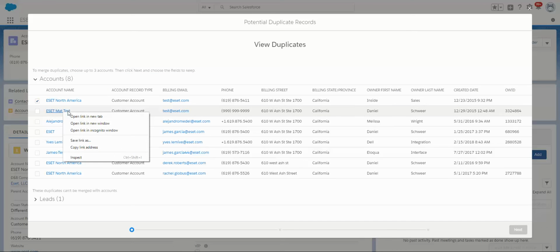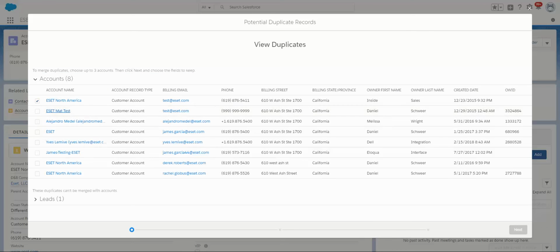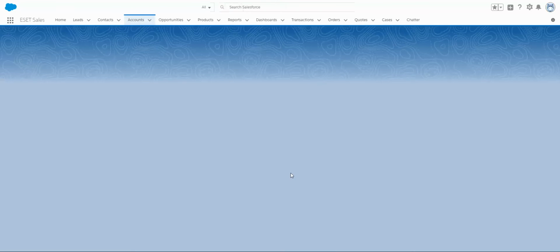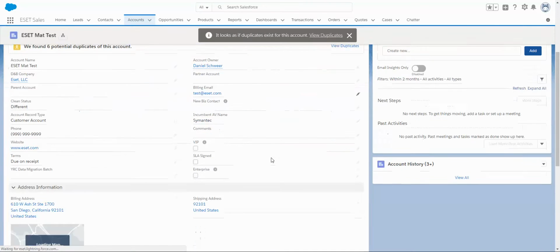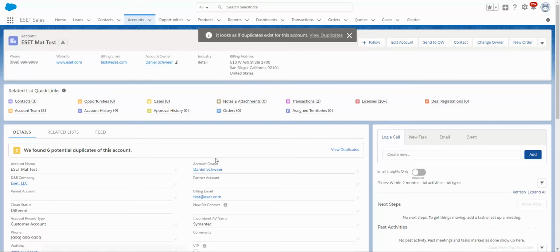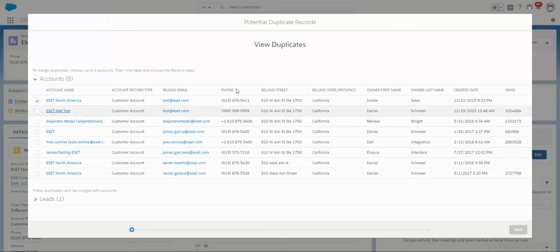Now it's saying that these other ones are duplicates, and if you want to look further, you can actually just open a new tab or middle click on your mouse to open it up in a new window to just check it out real quick, if there's other information inside of it that maybe you need to look at to determine whether this is actually a duplicate or not. So you can always pop over, check it out, and you can actually hit this View Duplicates from that account, or you can just close this window out and go back to your original one